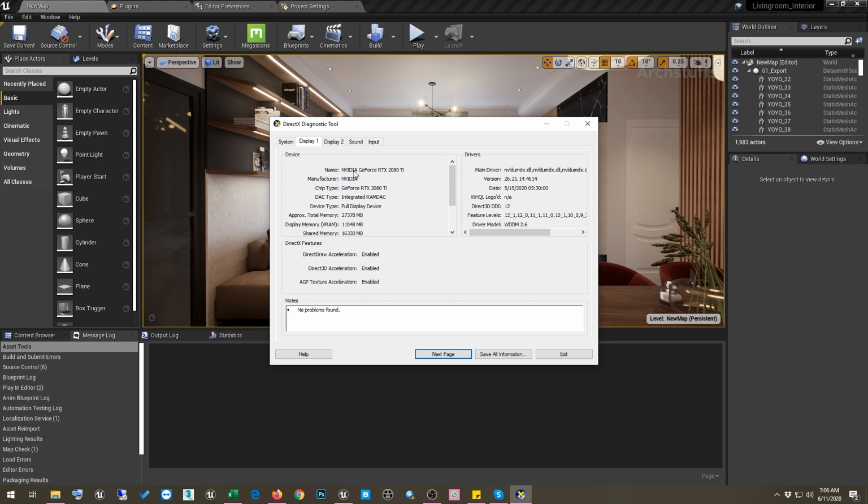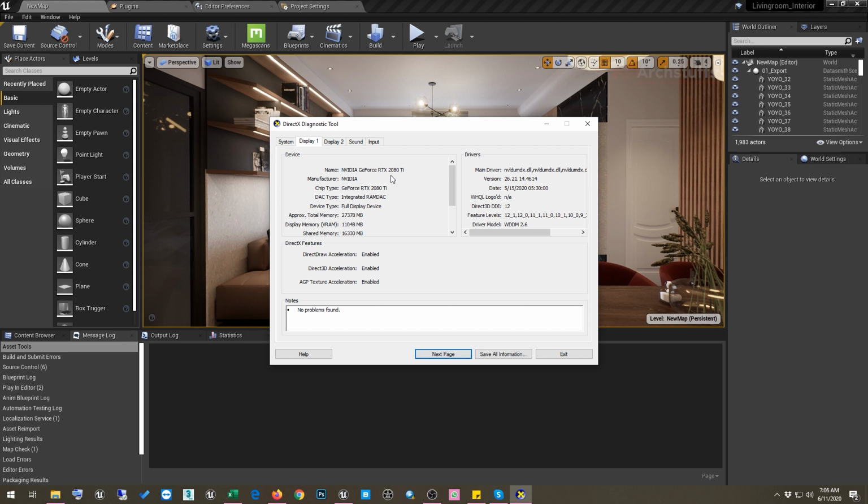So now we are confirmed that our Windows has everything needed for ray tracing: the Windows version is above 1803, we have DirectX 12 inside our Windows, and we have an RTX card in our system.